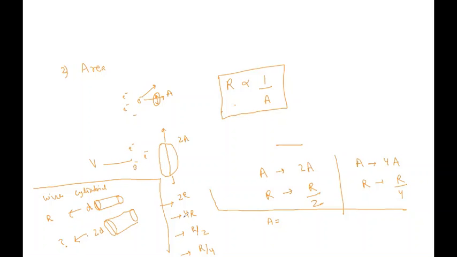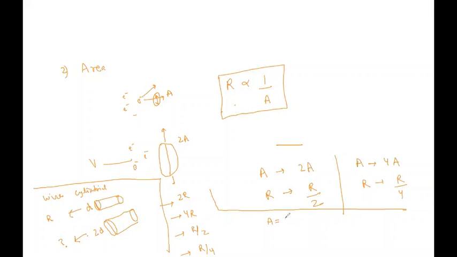I'm just asking. You are saying that its resistance will become half, so indirectly you are saying that its area is doubled. How can you say that area is doubled? What is the area in the first scenario? It's the diameter, and second is 2D, means you have doubled the diameter. Yes, but the area becomes doubled? It is increased definitely, but how much? See, in the first example, you know the area of a cylinder.